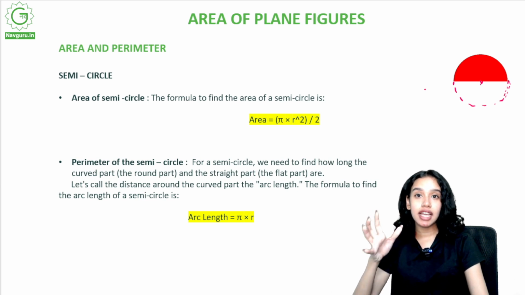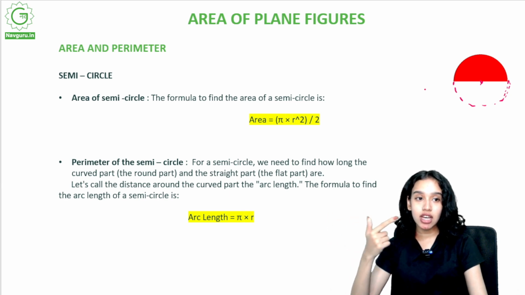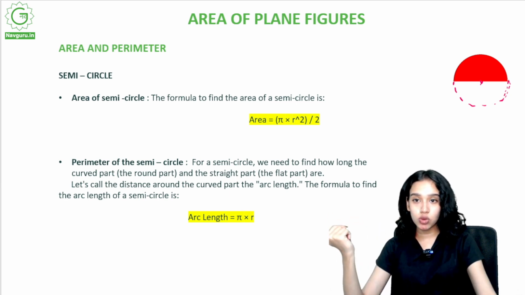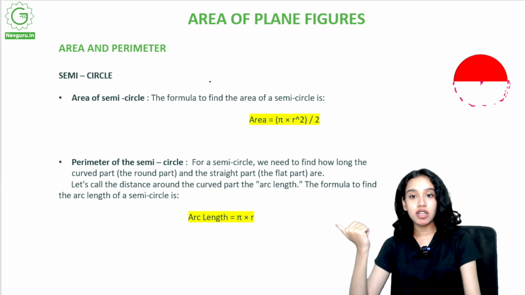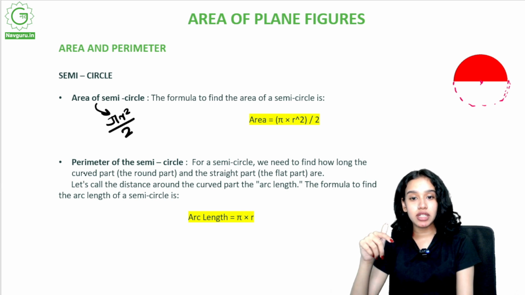So what is the area occupied by the half of the circle? The area occupied by the half of the circle is the area occupied by the circle divided by 2, right? So what was the area of the circle? It was pi r square, right? Now area of semicircle would be pi r square divided by 2, half of it. Now perimeter of a semicircle,